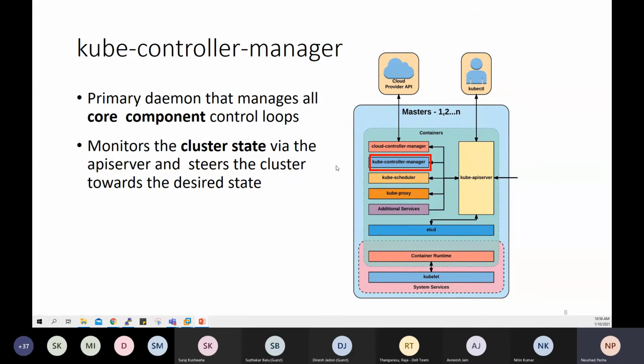One of the other responsibilities of the kube controller manager is to monitor the cluster state via the API server and steer the cluster state towards the desired state with the help of etcd. One example I can give you is if you requested running 3 replicas of your application, it is the responsibility of the kube controller manager to ensure there are 3 replicas of your application or a pod running at any given point of time.